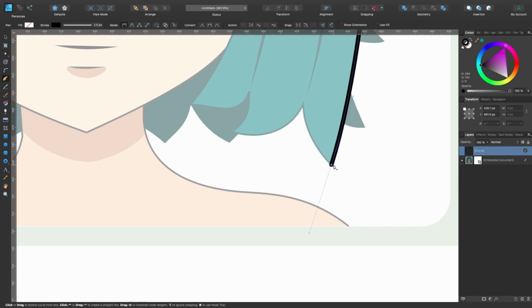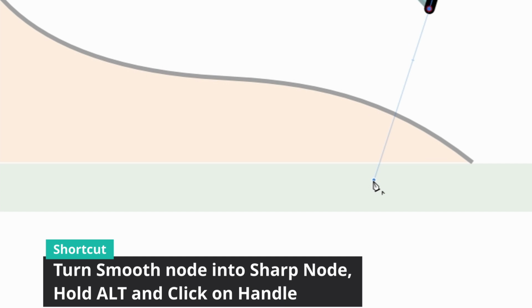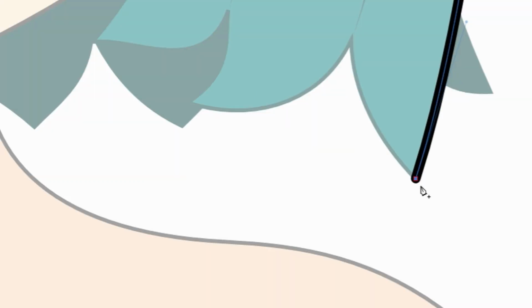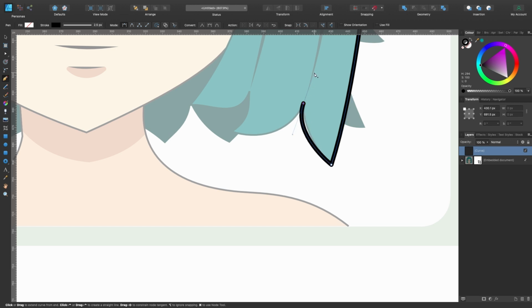Okay, for this next bit, I can't just click and drag here because it will just turn out like this, and that's not what we want. So I'll press Command Z to go back. What I'm going to do, there's a couple of ways to do this, but today I'm just going to be showing you this way. If you head on over to the handle here and you just hover over it, if you press Alt, it slightly changes. The little symbol is like a little sharp corner. I'll just click once and we've gotten rid of that handle, and that has created a sharp node down here. So from this point, I'll just click and drag on the next bit I want to go to, and I will keep doing that, rinse and repeat.